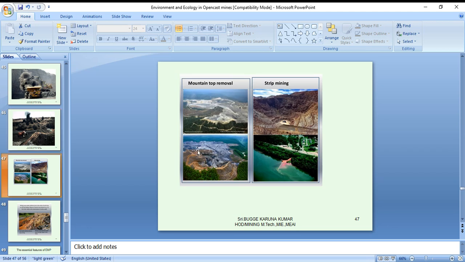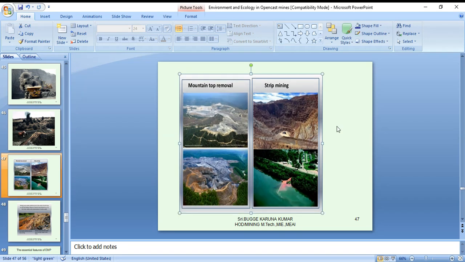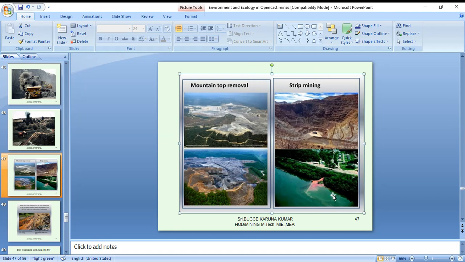So this is the mountain top removal case, as far as environmental degradation is concerned. Due to steep mining, this is the acid mine drainage system.